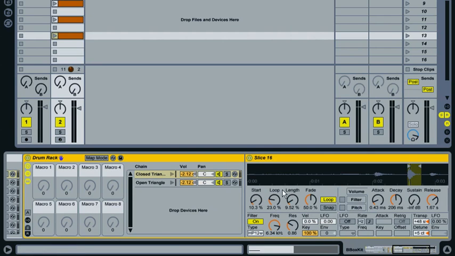So, I think if we map the start, loop and length settings, and maybe the transpose, and then maybe the envelope settings here. But we'll only do that for the open triangle. For the closed triangle, we want the envelope settings to stay where they are. So, I'll just rename these first, because that makes it easier. So we'll call that start. Then loop, then length,